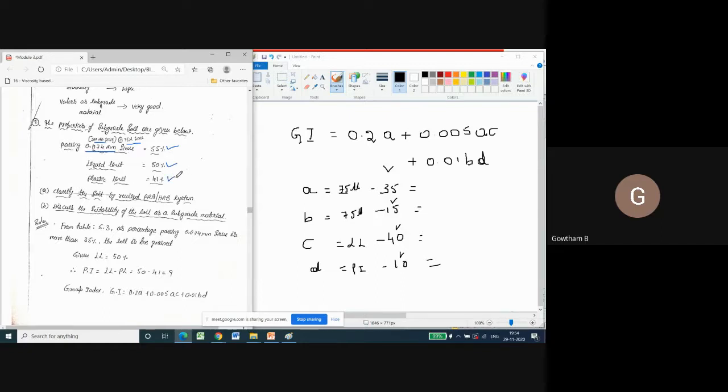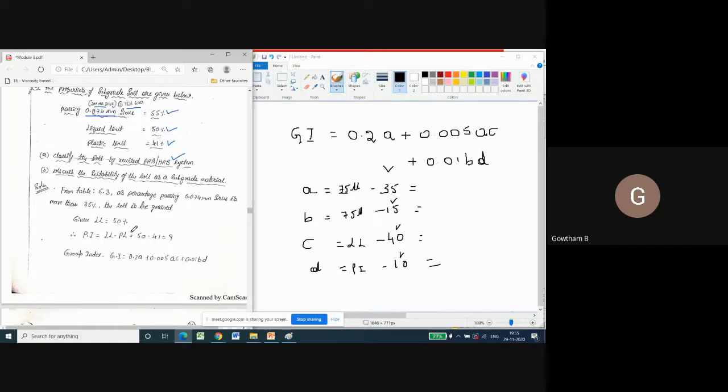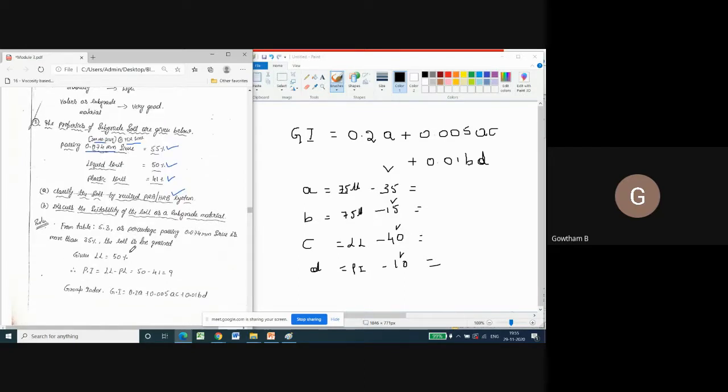When this is the case, they are asking us to classify the soil based on the HRB soil classification system, and also to discuss the suitability of this soil as a subgrade material. First, we have to do HRB soil classification. That means out of A1 to A7 soils, we have to find out which group from A1 to A7 this soil belongs to. After that, we have to say what the suitability of this soil is as a subgrade material. In HRB soil classification, the first step is to see whether the liquid limit is given in the problem. Of course, it is given: the liquid limit is 50